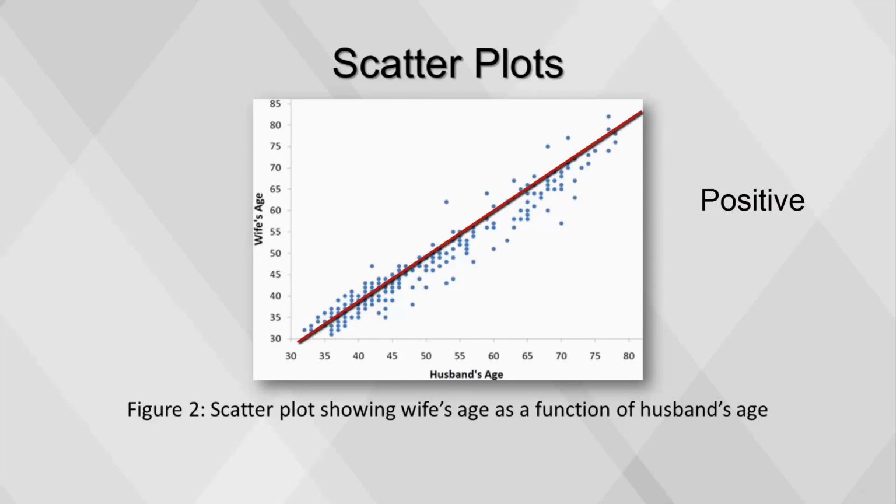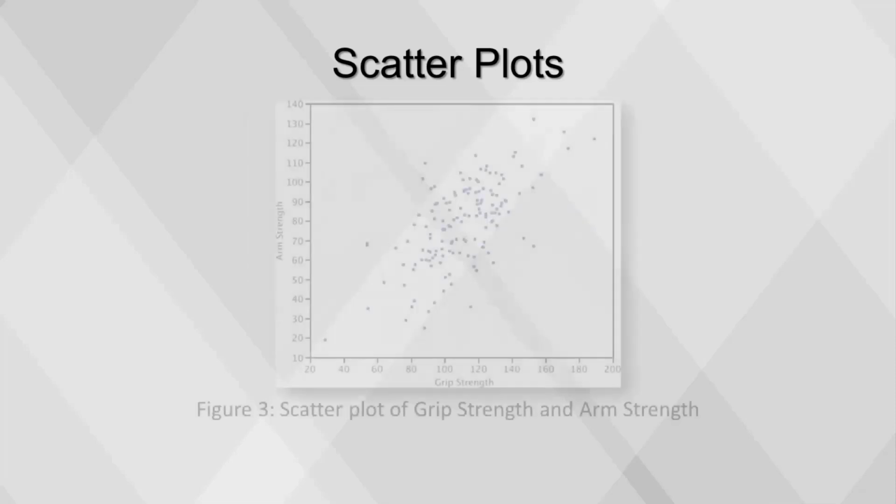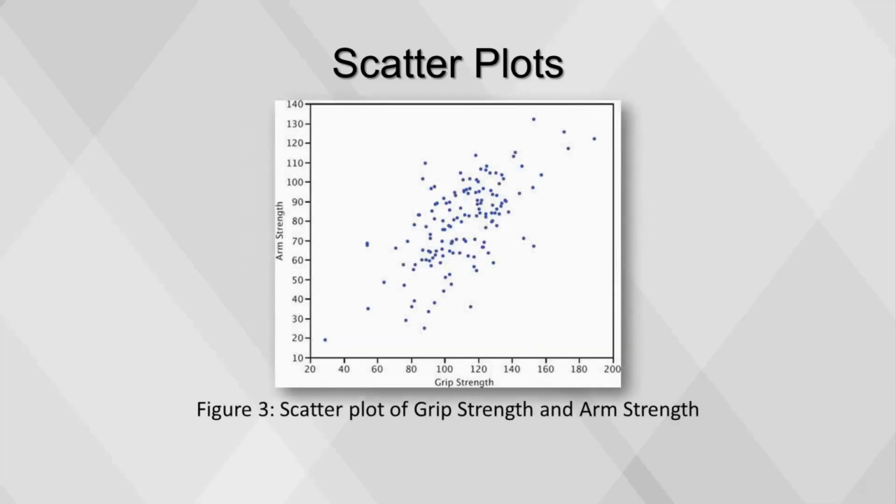Second, the points cluster along a straight line. When this occurs, the relationship is called a linear relationship. Figure 3 shows a scatter plot of arm strength and grip strength from 149 individuals working in physically demanding jobs, including electricians, construction, maintenance workers, and auto mechanics. Not surprisingly, the stronger someone's grip, the stronger their arm tends to be. There is therefore a positive association between these variables. Although the points cluster along a line, they're not clustered quite as closely as they are for the scatter plot